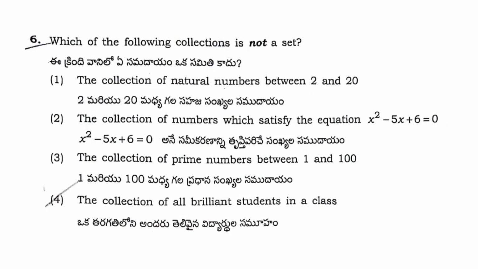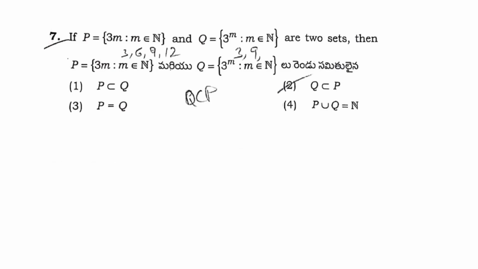unchangeable. And second option, the collection of numbers which satisfy the equation x square minus 5x plus 6 equal to 0, that is also same for everyone. The collection of prime numbers between 1 and 100, that is also same for everyone. Coming to option 4, the collection of all brilliant students in a class, it will change with the perspective of the person seeing into the class. So it is not constant. So it is not a set, right? So next question,